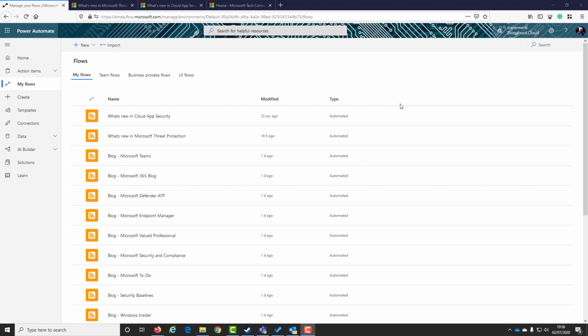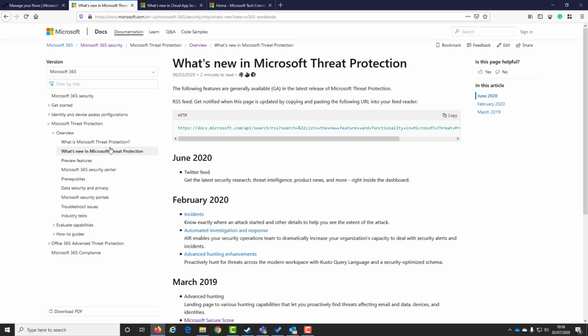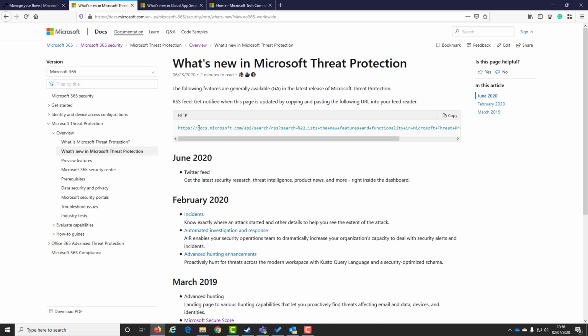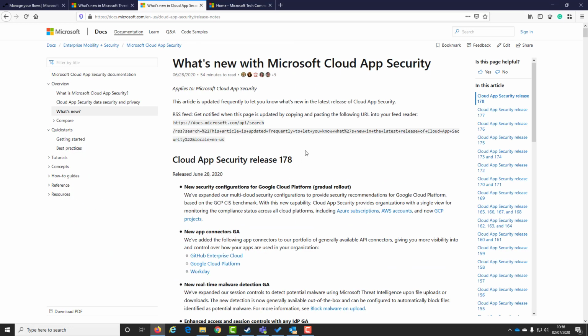So here are my Power Automate flows. First, I'm going to show you how to gather what's new in Microsoft. These are posts that Microsoft publish on a regular basis of any new features they may have rolled out to a particular product. At the moment, as you can see on screen, I have Cloud App Security and Microsoft Threat Protection, and these have their own individual web pages, as shown here, and also provide an RSS feed link on each single page. So with this, all we have to do is take this link,